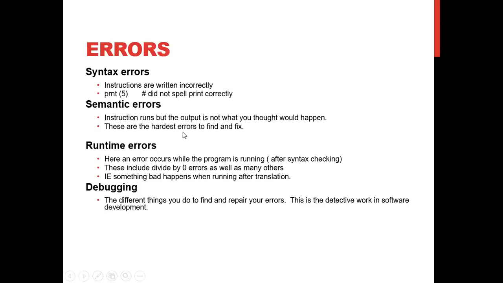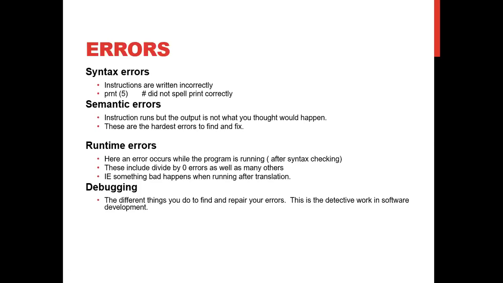And semantic errors: the syntax errors are not there, that means we wrote the program correctly, but the output we see is not what we expected. That we call a semantic error. For example, an incorrect if statement, or incorrect placing of the if true block and false block. That type of error we call a semantic error. Such errors are hard to identify and fix.